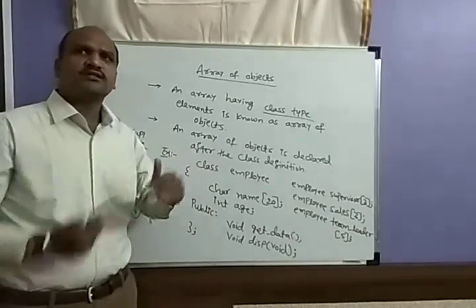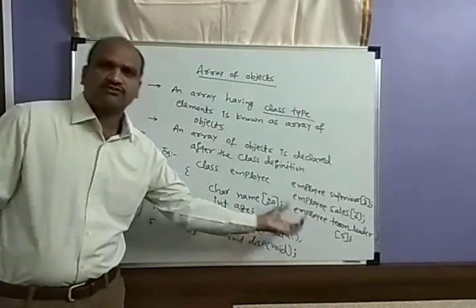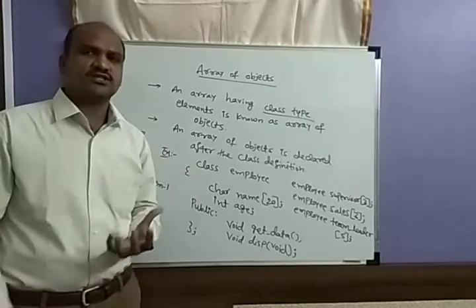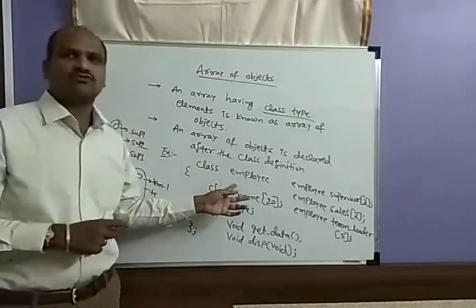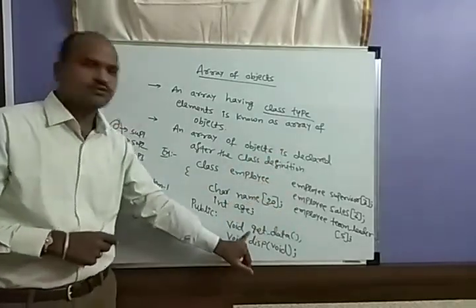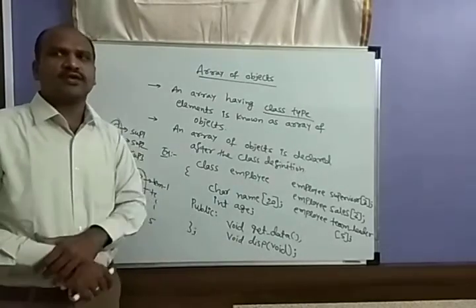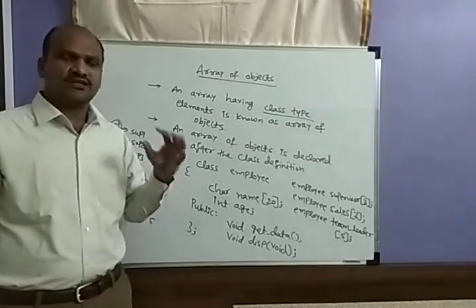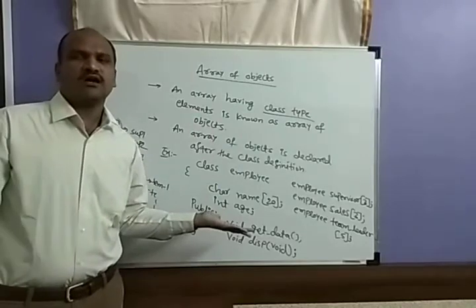Here the objects will be created after the class, as I told you, in the void main. In the main function we can define the name of the class and how many objects you want to create, and also call the functions with those particular objects. So today we discussed how exactly we write and define the objects of a class, and the array of objects.